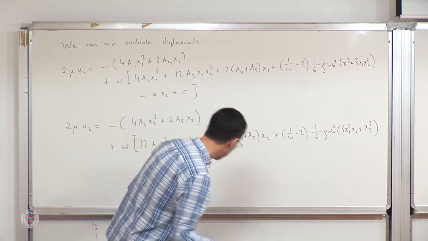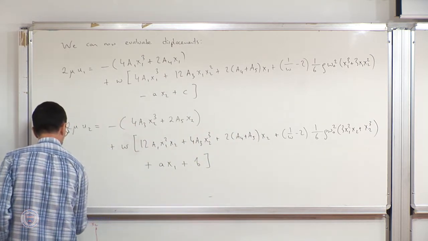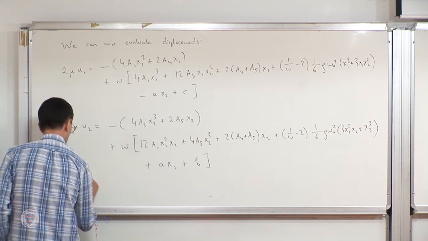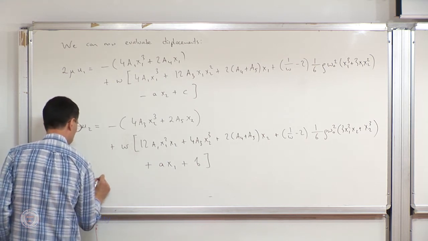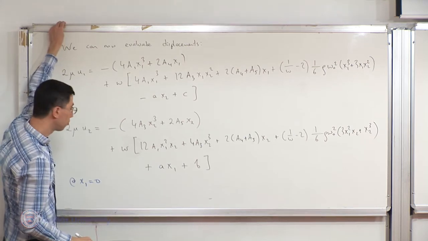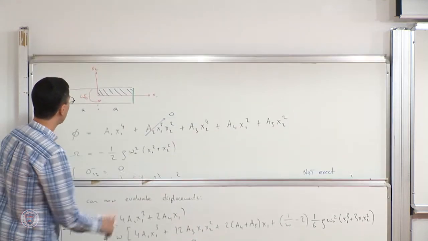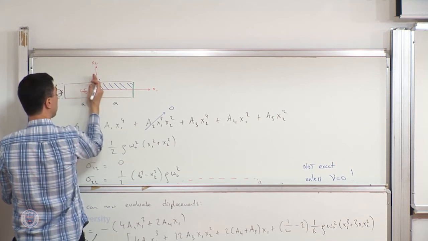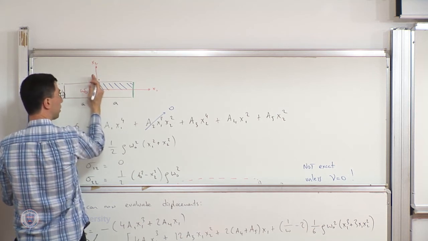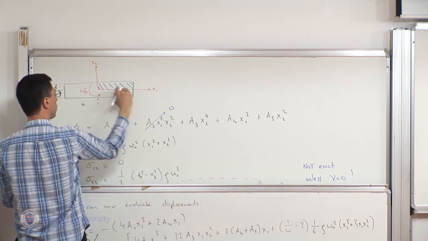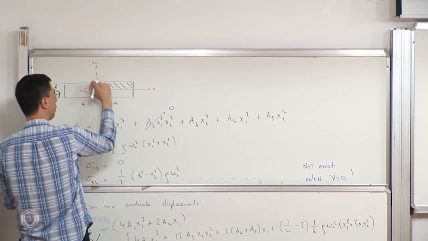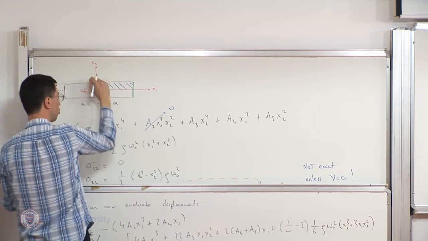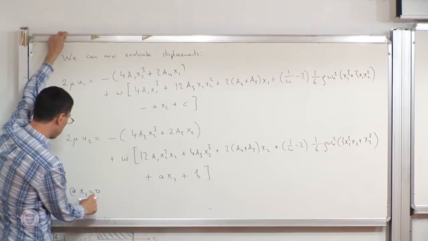And I observe that at x1 equals 0, okay, so I'm going to do some sliding here. So at x1 equals 0, along that line, I do not expect any displacement along the one direction. And similarly, along x2 equals 0, because it's a symmetry plane, I don't expect a displacement in the two direction. So at x1 equals 0,